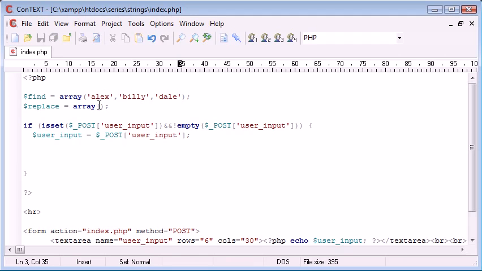Okay, so the array to replace is the values we want to replace. So we have the same corresponding values. So Alex will correspond to this one here, and I'm just going to keep that as Alex with the 2 stars in the middle, Billy with the 3 stars just in the middle there, or asterisks if you like, and Dale with the exact